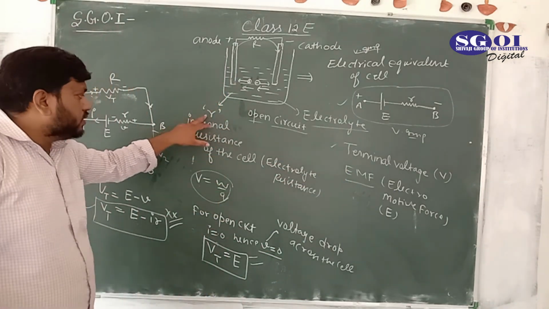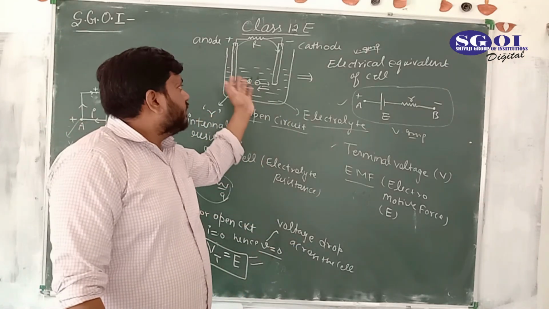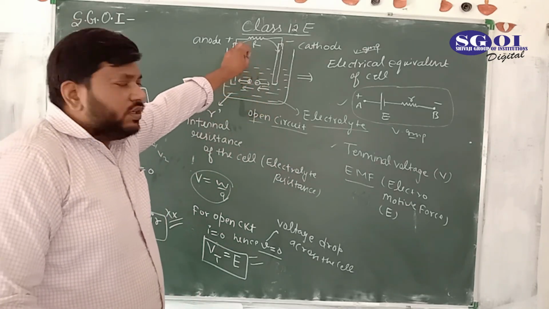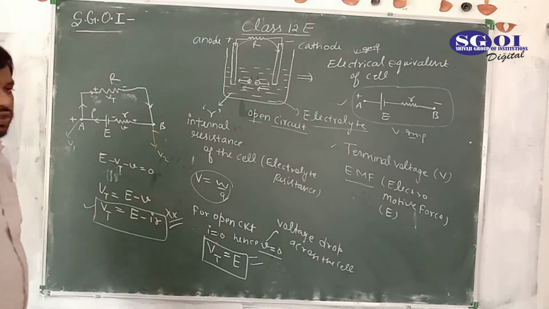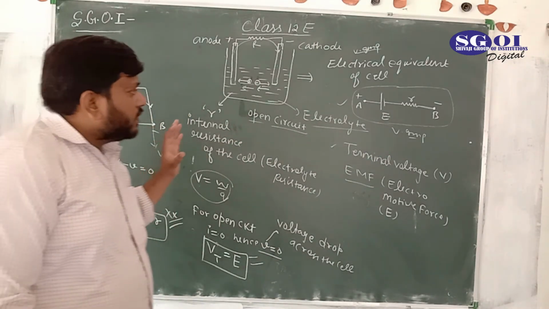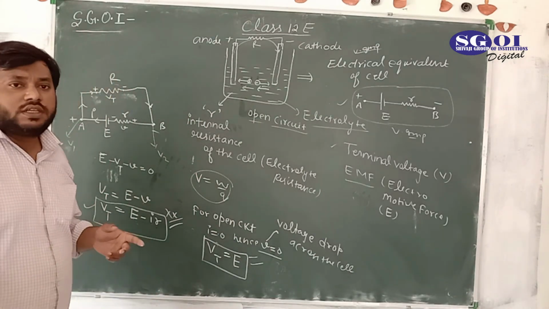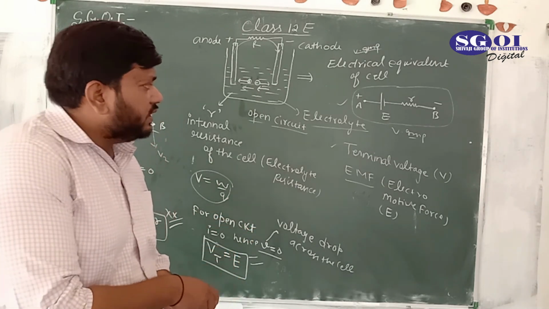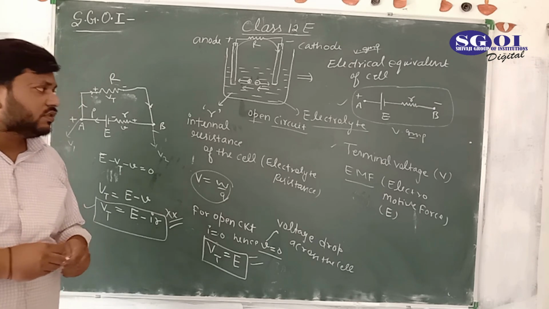So this is the basis on which we have defined terminal voltage and electromotive force. I have introduced the internal resistance of the cell and the function of the cell in short, because this is not in your syllabus. These things are in your syllabus, so you have to pay attention to these terms. In the next video lecture we will study the combinations of cells. Thank you.